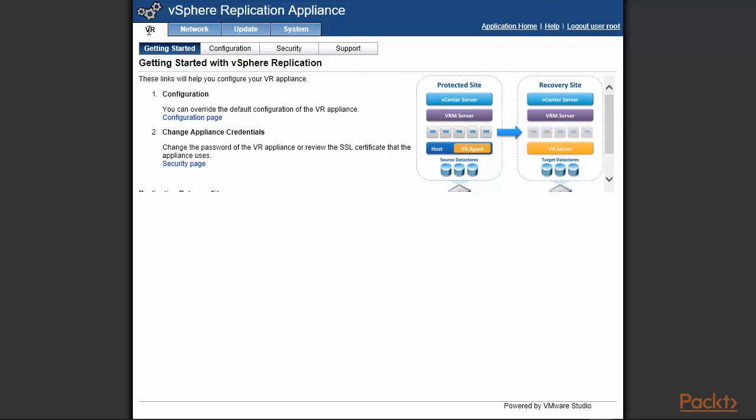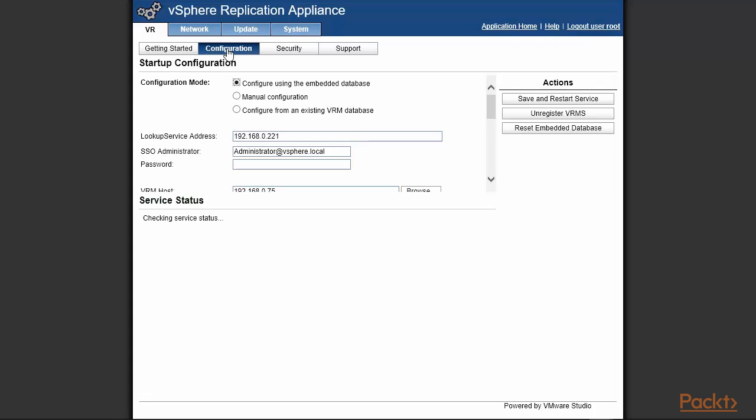So, standard stuff, you have the VR up there, getting started, and switch into configuration. We'll use the embedded database. You can find an existing VRM database as well, so this is for recovery purposes. Our lookup service address is 221, so it basically recognizes our local vCenter, and the address here is the domain. SSO domain is not vsphere.local, it is actually site.local, and the password for it is